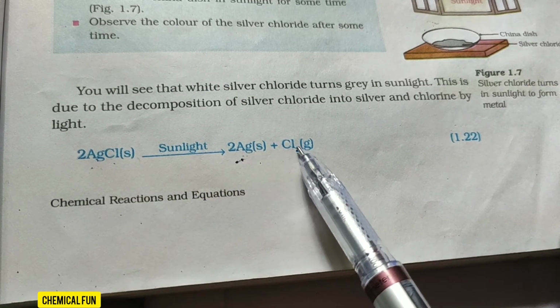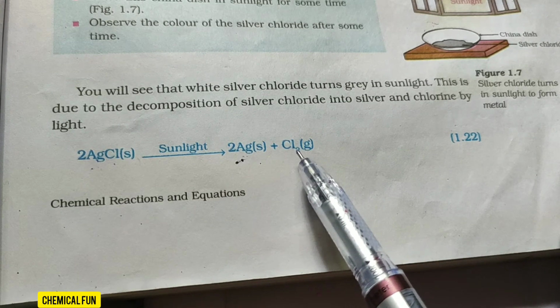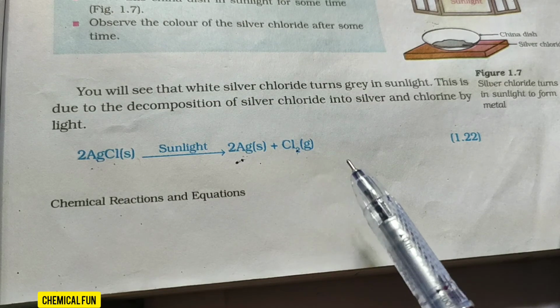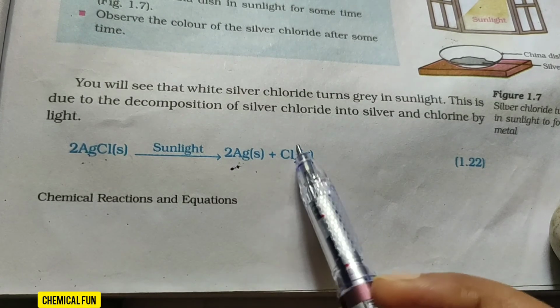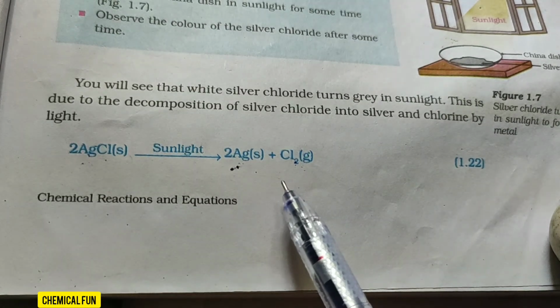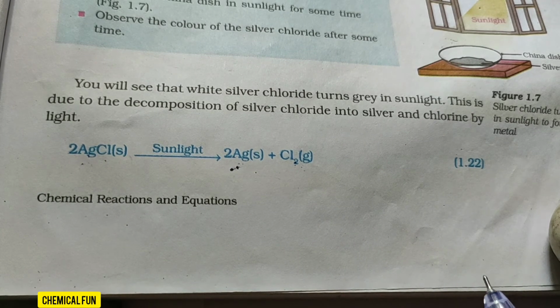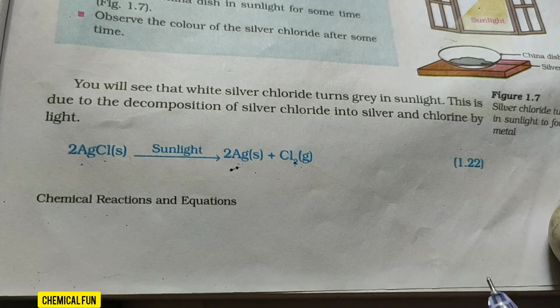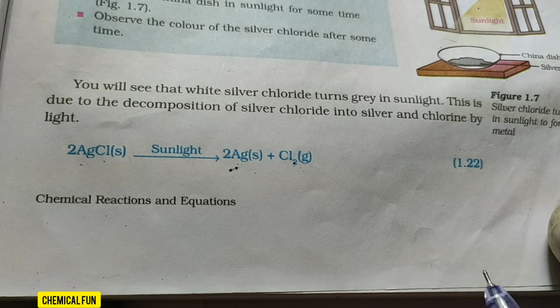Since chlorine is a homoatomic gas, homoatomic gases you will have to write in diatomic or triatomic form in a chemical reaction. So it has to be balanced. Since the form is Cl2, it is a homoatomic gas, so it will stay as Cl2. Likewise, oxygen, nitrogen, hydrogen are also homoatomic gases and stay in diatomic form. Oxygen is O2, bromine Br2, iodine I2, hydrogen H2. So these things you need to keep in mind.